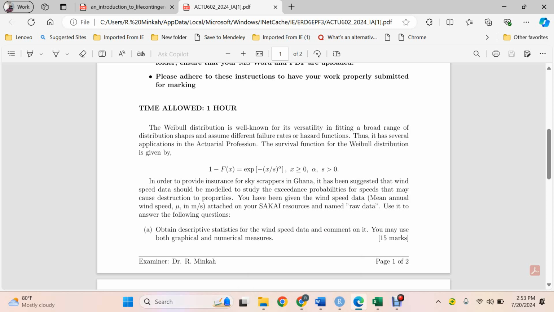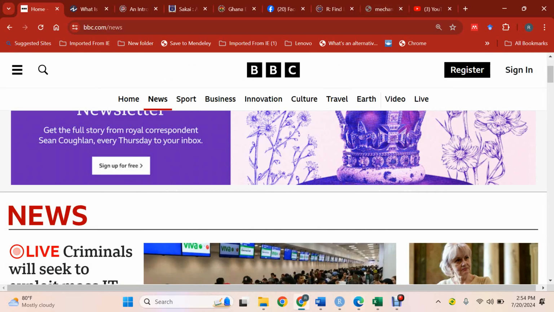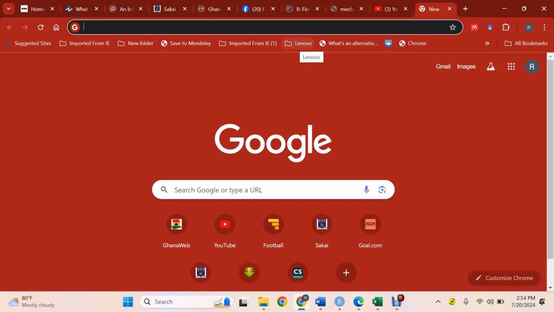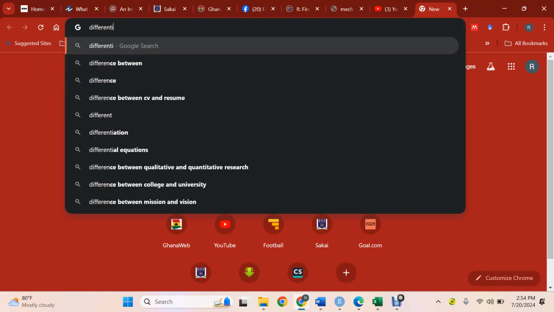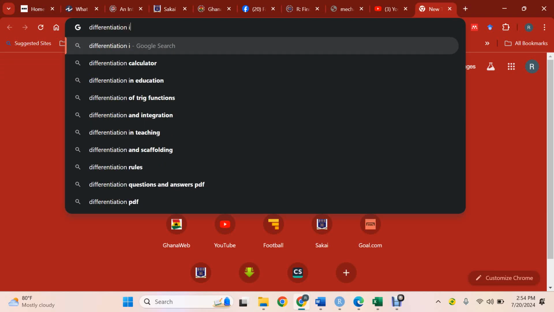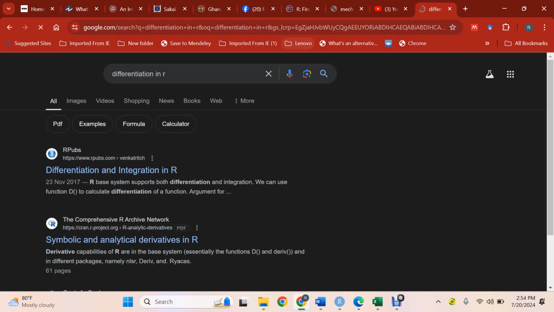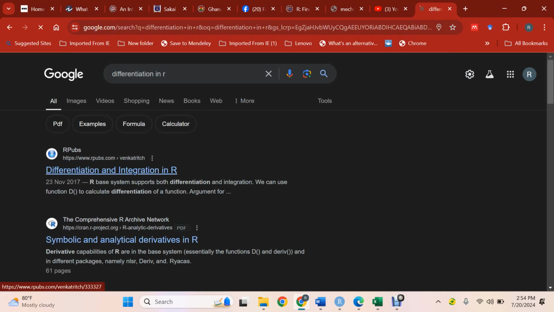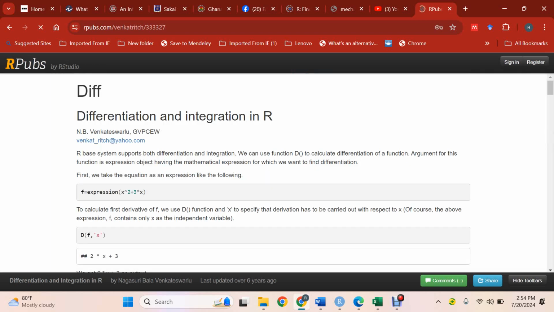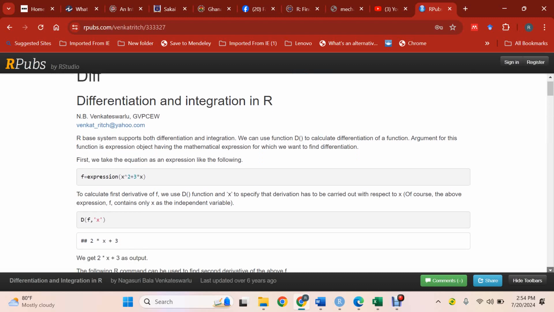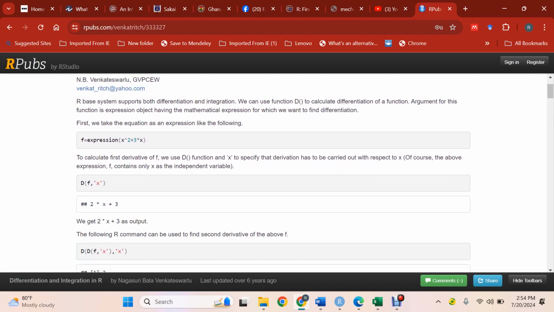But R also can do that differentiation for you. I think it's D or something. So you can type differentiation in R. So there's a function. Yeah, you can differentiate. So the big D function is for differentiation. Okay? So I can write my function, which is the survivor, pass that function to D. So look over here. So if you have this expression,